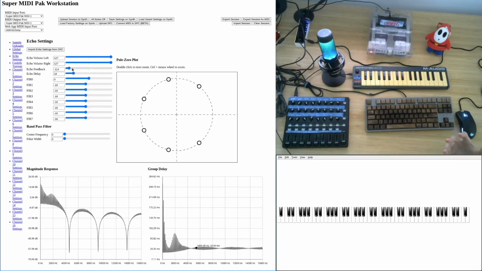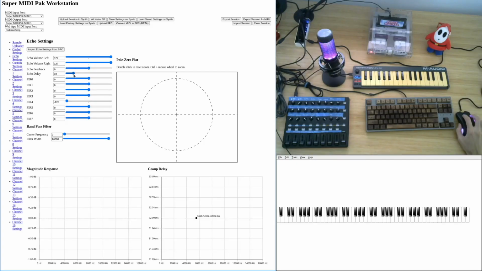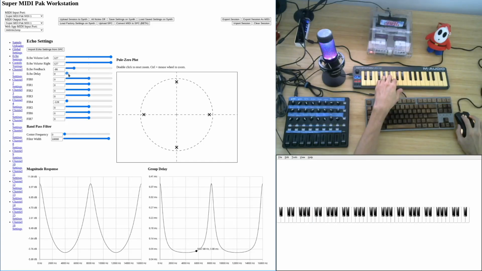So you get this sort of robotic sound, and you may have heard this sound in other tracks. I think Daft Punk uses this effect, and many other people use this effect because it's not even related to the FIR filter. I can set my FIR filter to nothing, so the FIR filter is just passing through values normally. So that's just the sound passed through without any alteration. And so if I set my echo feedback and I have a delay.